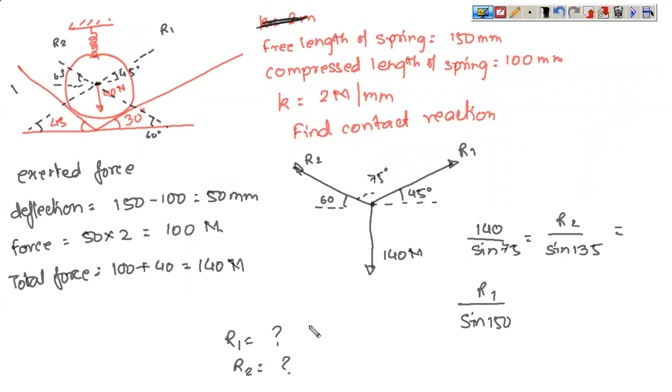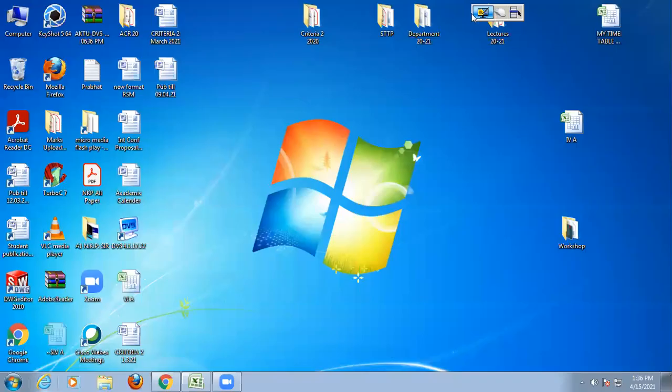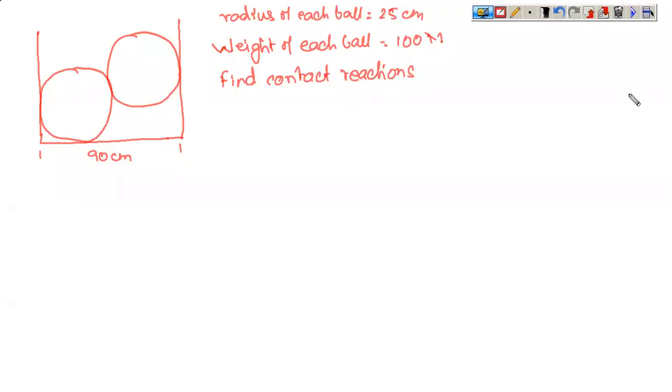So you first need to frame the problem. You need to understand the various types of active forces, the various types of reactive forces that are acting on the body. You have to show them properly. And once they are represented properly, draw the free body diagram and then frame the equations depending upon the options available to you. Now come to the next problem.